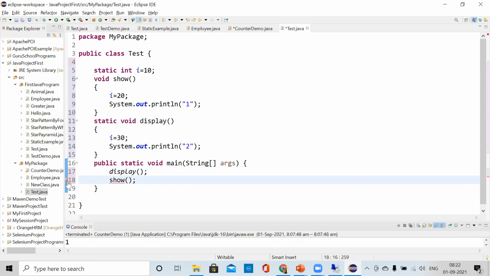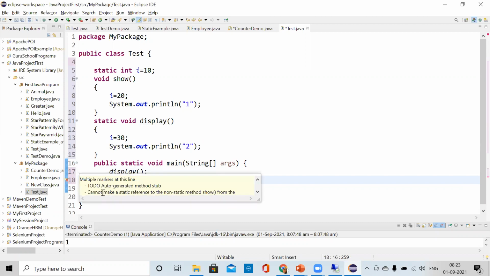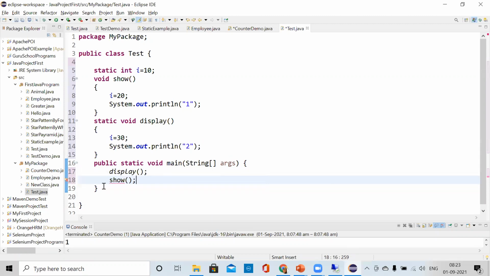No, it will give you the error: cannot make a static reference to a non-static method show. So if you want to learn what is given in this error, you should go there and see.